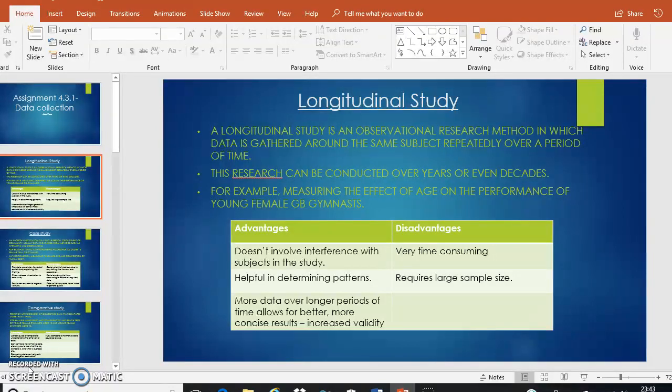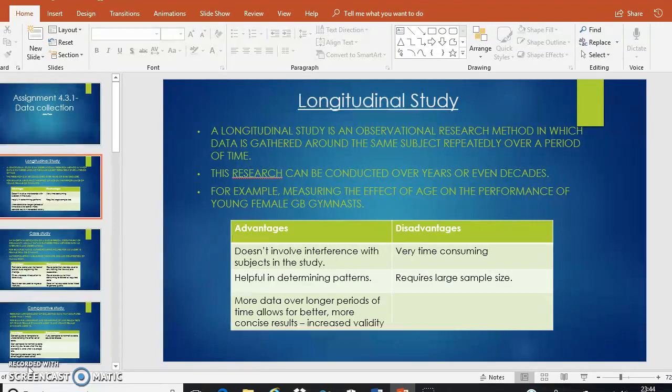You could perhaps measure the performance with a numerical value on these gymnasts at different ages, maybe from 10 years of age, doing this every 2 years: 12, 14, 16, 18, all the way up to 20, and just see how their performance changes over time. Advantages of this are it doesn't involve any interference with the subjects in the study,